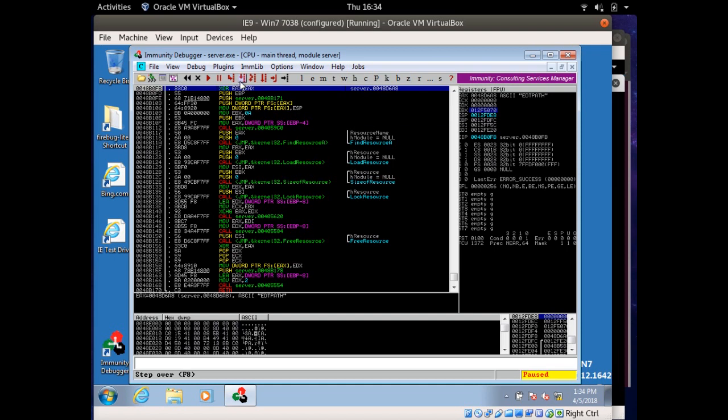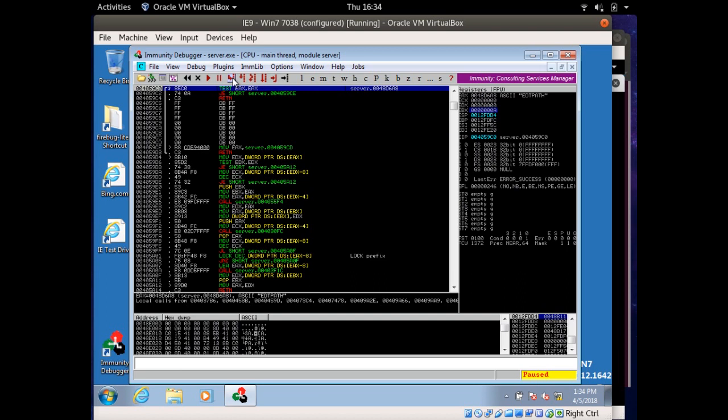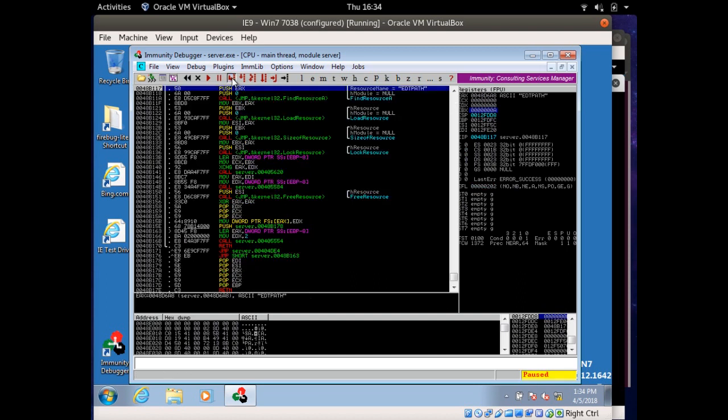So that was just like a really quick function. I don't entirely know what it does. But then, let's see. This one basically looks for a particular resource. So find a resource,